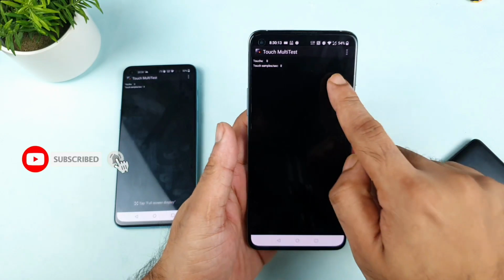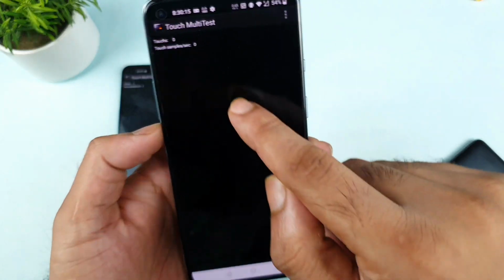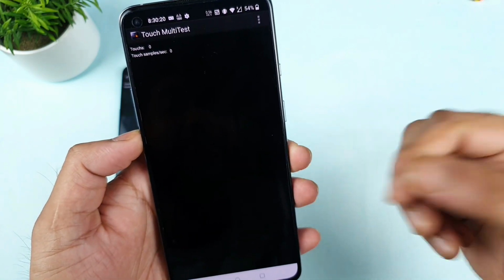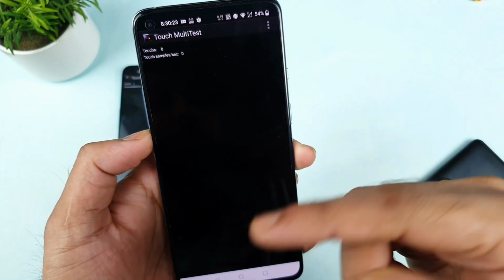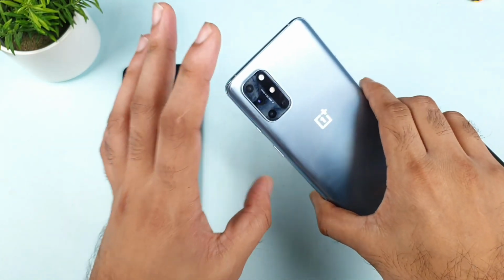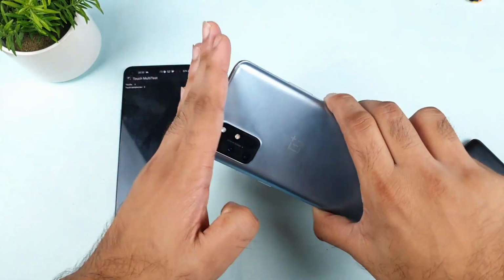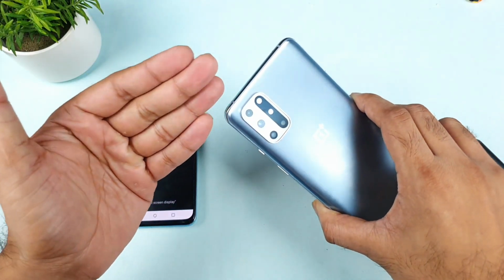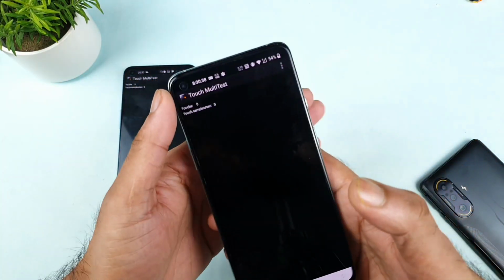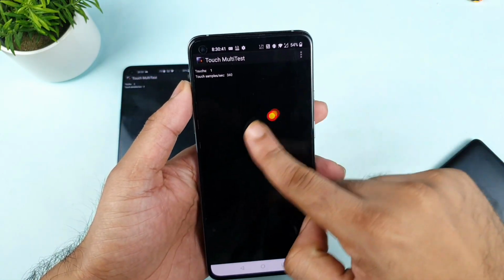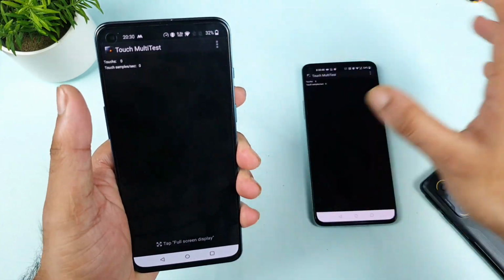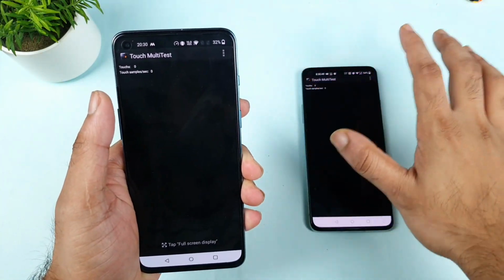In the OnePlus 8T, the number you are getting is coming close to 360. But 360 minus the refresh rate I am using, 120, gives 240 Hz touch sampling rate in the OnePlus 8T. So there is no problem at all. Whatever the company is claiming, we are getting exactly in the OnePlus 8T. 240 is kind of the minimum. Nowadays 240, or at least 180, should be there. That's the basic we expect in smartphones nowadays. So as you can see, exactly 240 Hz, that's okay, friends. The phone got launched a few months back, but still, 240 Hz is good, that's enough.